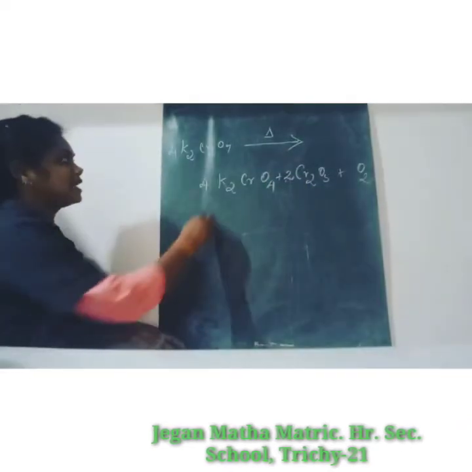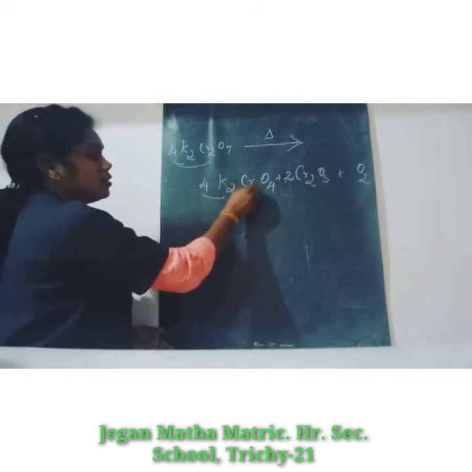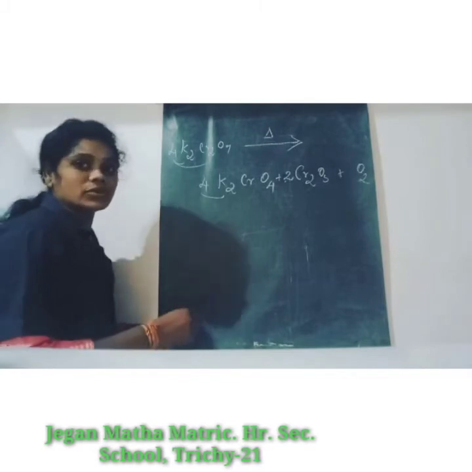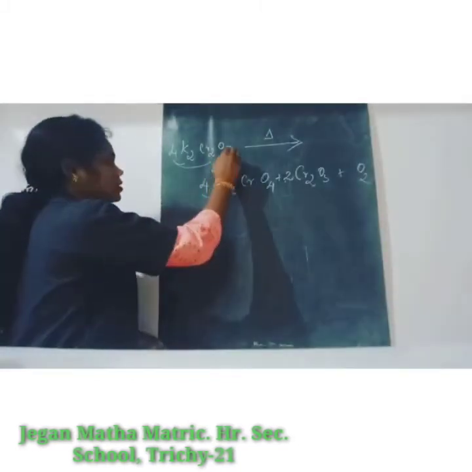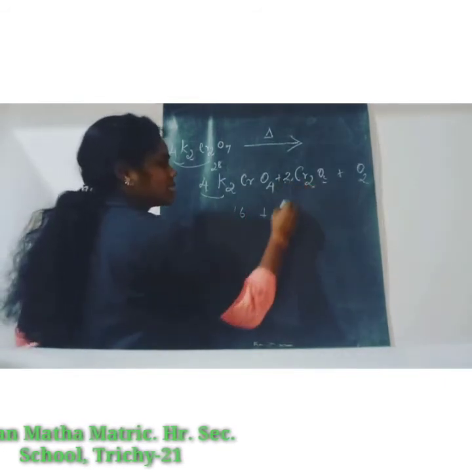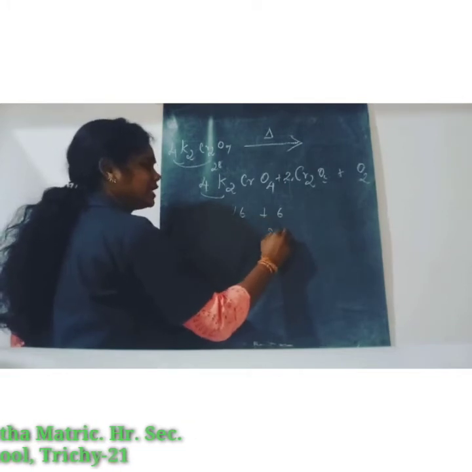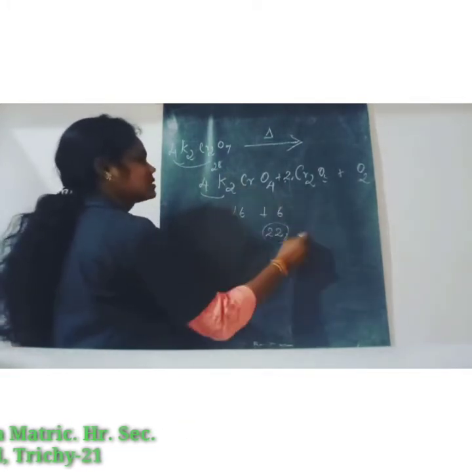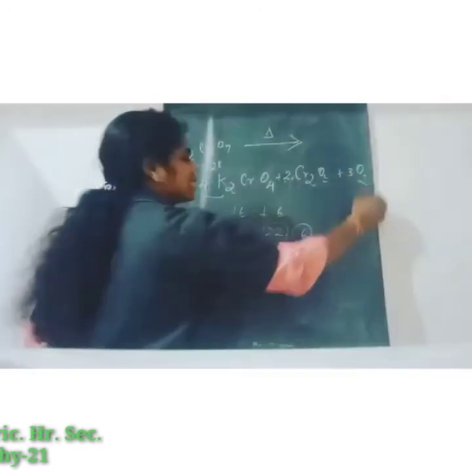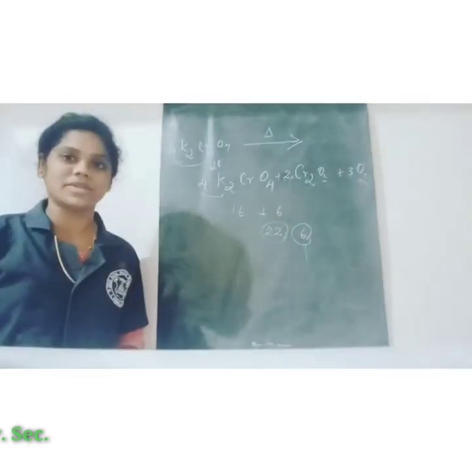Okay. So now potassium 4 2s are 8. Here also 4 2s are 8. Chromium 4 2s are 8. Here also 4 plus 4 is 8. And remaining oxygen is 7 4s are 28. So here oxygen 4 4s are 16 plus 3 2s are 6. So 16 plus 6 is only 22. So remaining we need 6 times of oxygen. So here only 2 times. So 3 means 3 2s are 6. So oxygen is balanced. So that's all for physical properties of potassium dichromate.